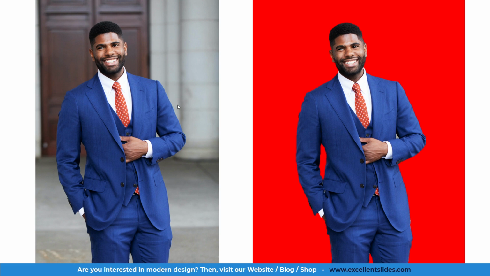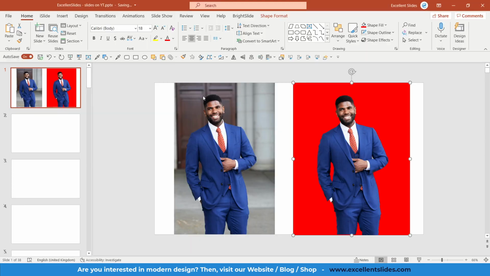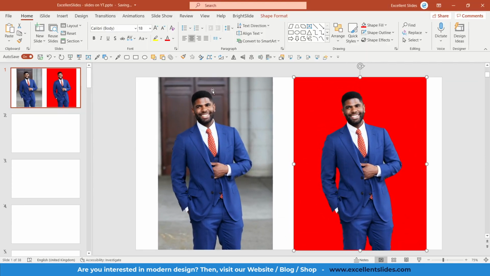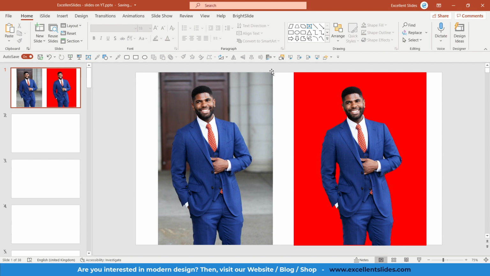As you can see on this slide, here on the left side, I inserted a photo. Of course, we can see a man, and in the background there are some walls. And we would like just to get rid of this ugly background. So how to make it? Of course, you can make it in more advanced programs like Photoshop, but also you can make it natively just